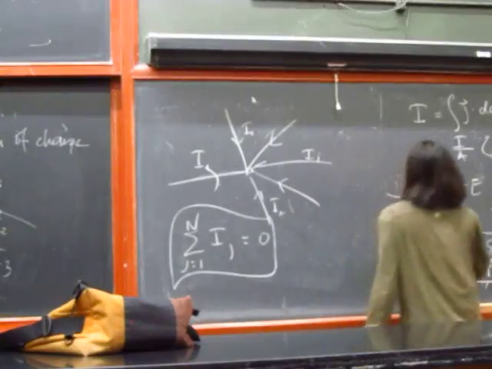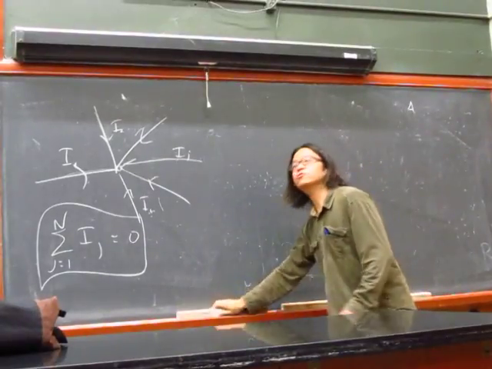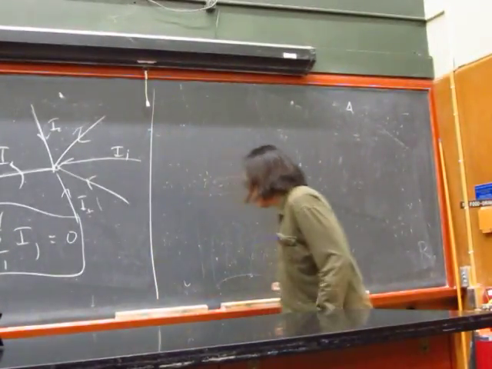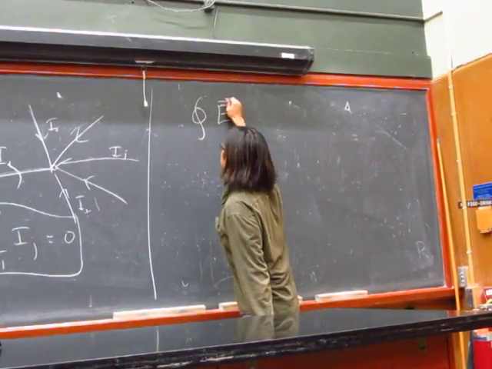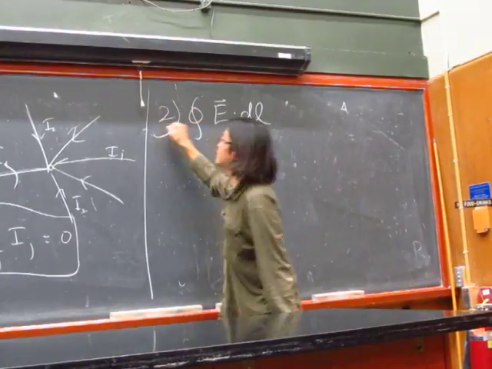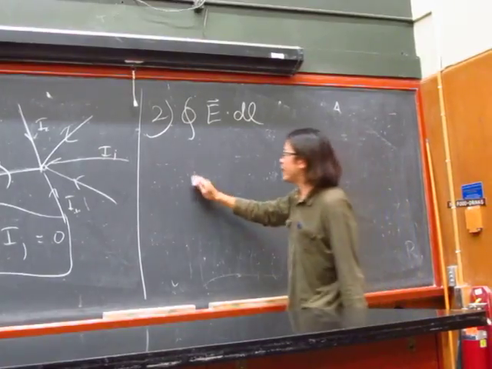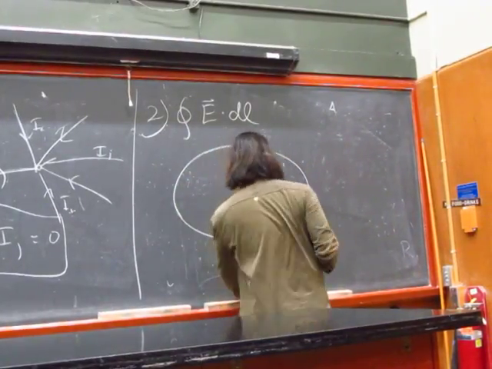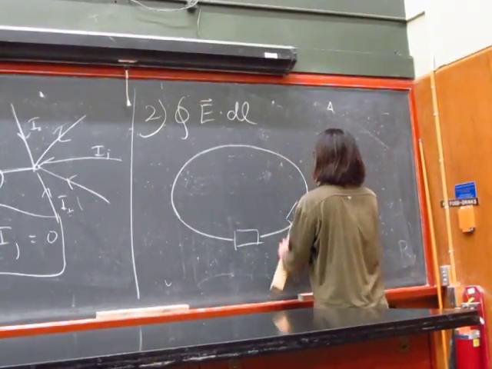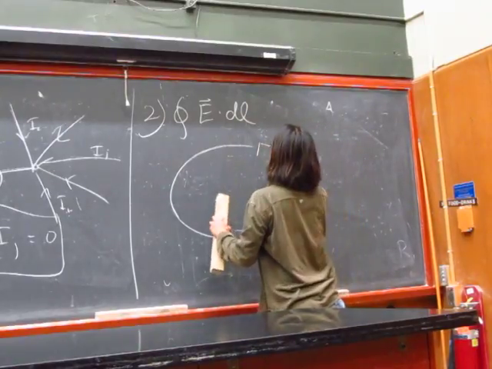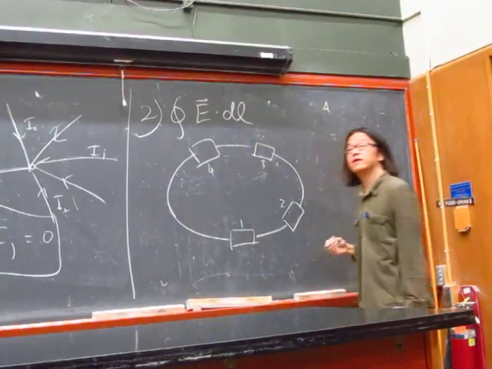The second concept is also something you already know about. There's really nothing new about circuits; it's all just applying this for electronics. The other concept is this: the line integral of E along a loop is always 0. So if I have a loop with a lot of elements, one, two, three, four, and so on,